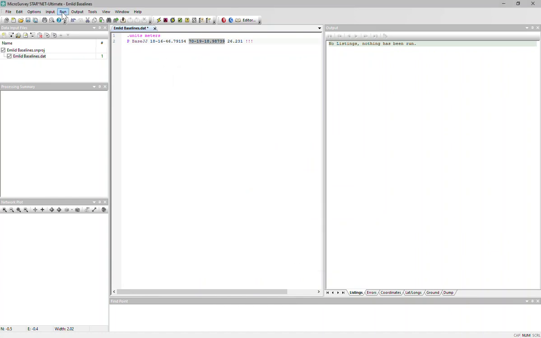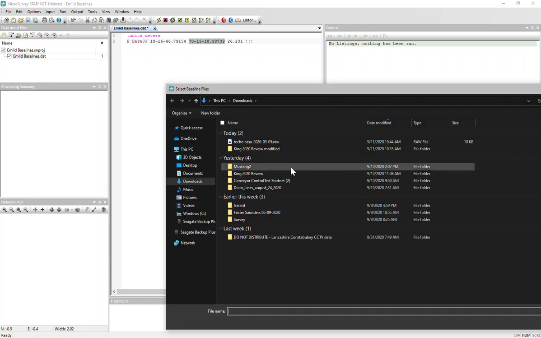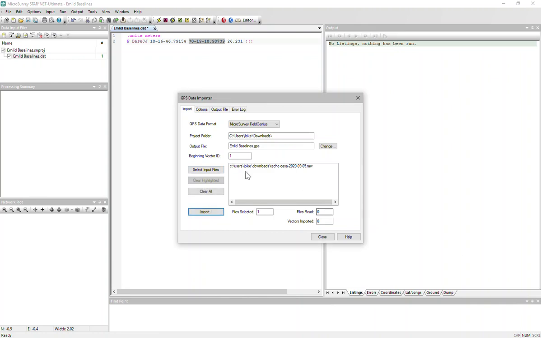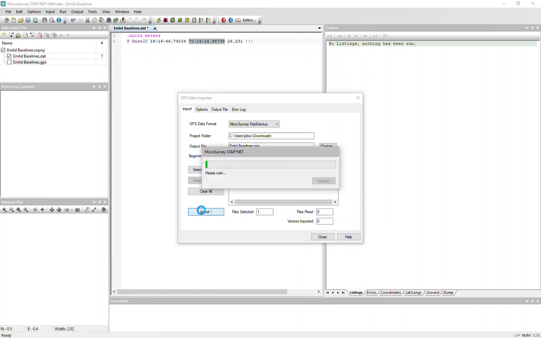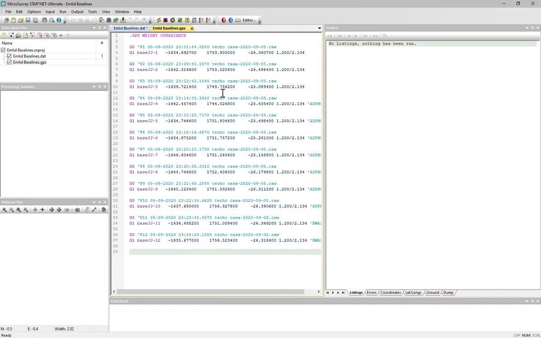Now we can start importing the GPS baselines. So we'll go to Input, Import GPS data, tell it we're reading a Microsurvey FieldGenius raw file. I'm going to select Input Files, and I will pick that raw file. Pick on Import, and we close. Okay, so now what we can see is we've got 2 different lines that represents each of